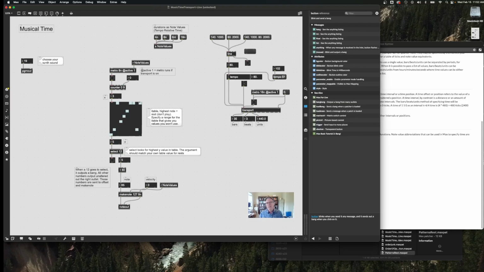add a message. I'm going to add the target value followed by a comma. So I want it to go to 140 immediately. When I put the comma in, that says there is no time. Jump to 140 immediately as my output. Then go to 80 over, in this case, let's make it 3,000 milliseconds, and then back up to 140